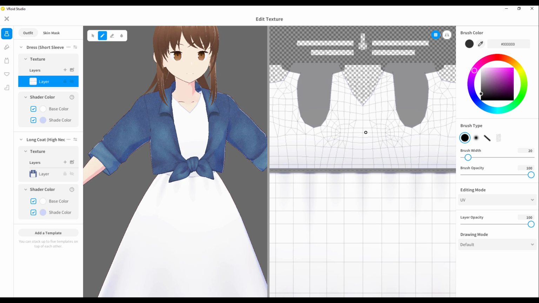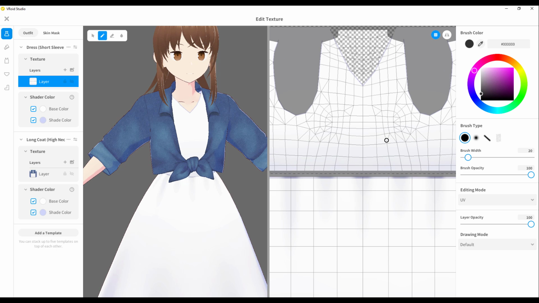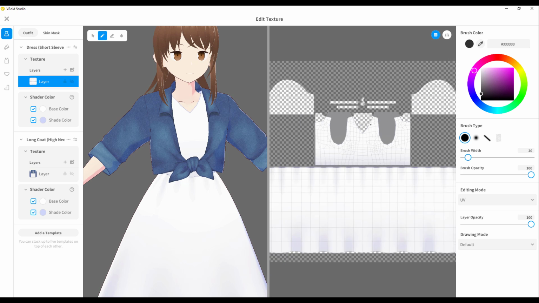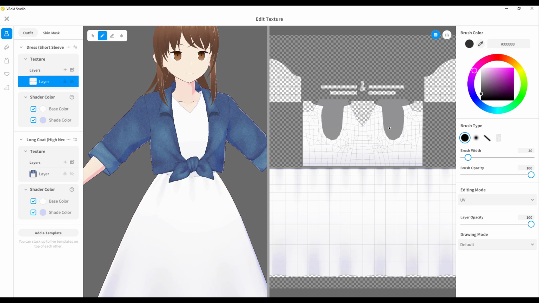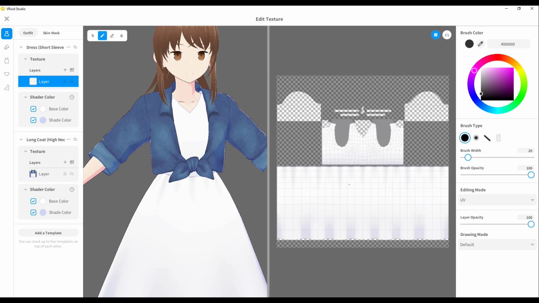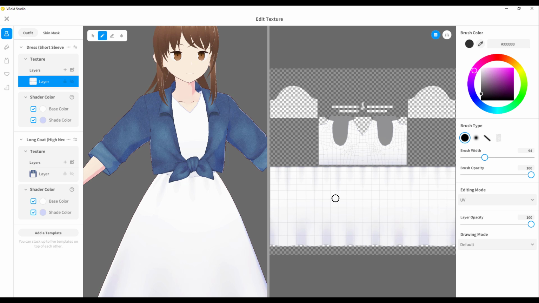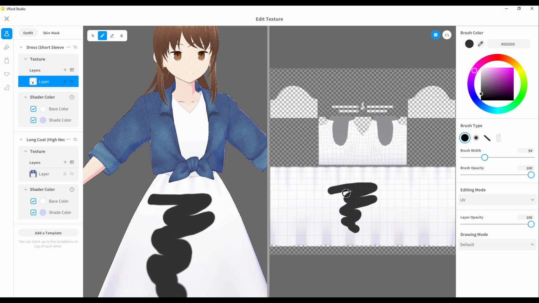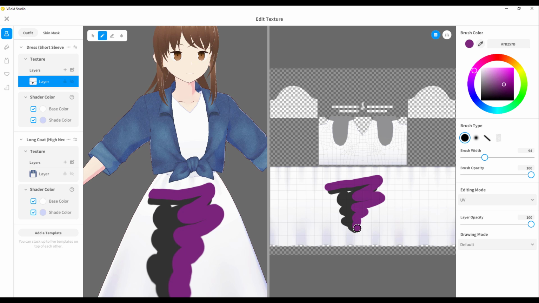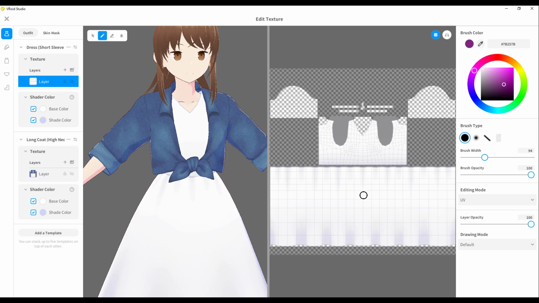For those that are into modeling and stuff that would like to use this, you can see what the UV looks like, and for the most part, this looks quite decent. So if you like to make some changes, or maybe you like to make some paintings here, you can play with the brush width like so, and we can go wild. All right, so we can go wild, add some stuff here, play with the color, go all the way like so, and just add in some stuff. If you don't want to have any of this, you can undo this and get that out.